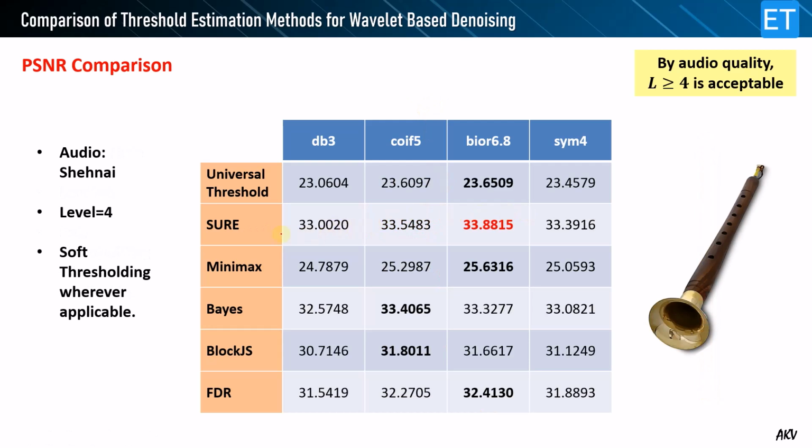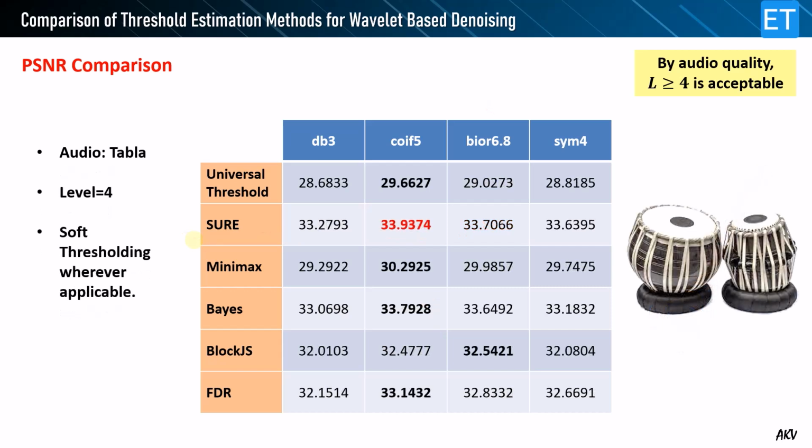And for Shehnai, again SURE is giving me the highest PSNR, but now it is with biorthogonal 6.8. Coif is also not far behind. It is almost equal to the biorthogonal 6.8 PSNR value. Bayes for coif, BlockJS for coif, but here for Shehnai, things are shifting towards biorthogonal 6.8. So for Shehnai, you can go for biorthogonal 6.8, but the SURE method again is giving me the highest